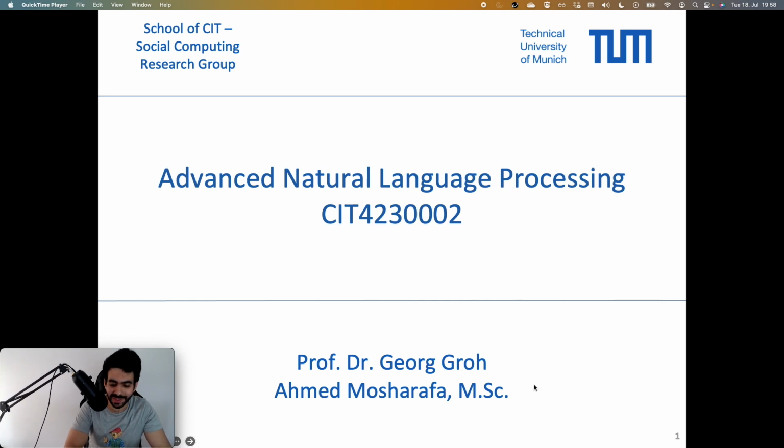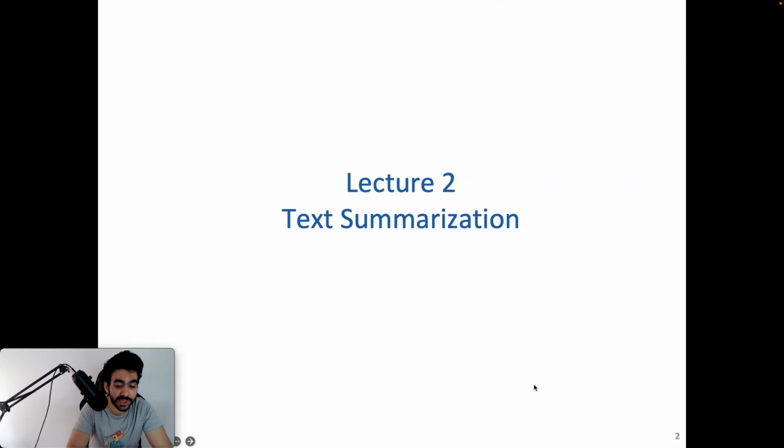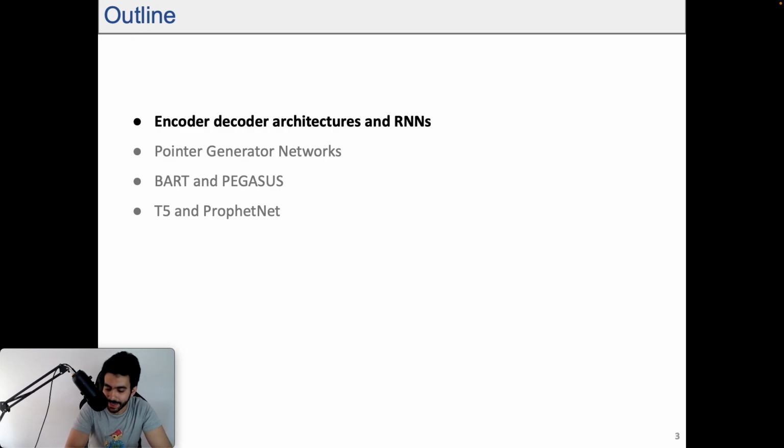Second part of the text summarization lecture. Last time we built up the intuition for text summarization. We also went through different metrics and different approaches in terms of extractive summarization and abstractive summarization. We also covered a couple of models which mostly used extractive summarization. And today we're going to take that to the next step and cover more approaches in the abstractive